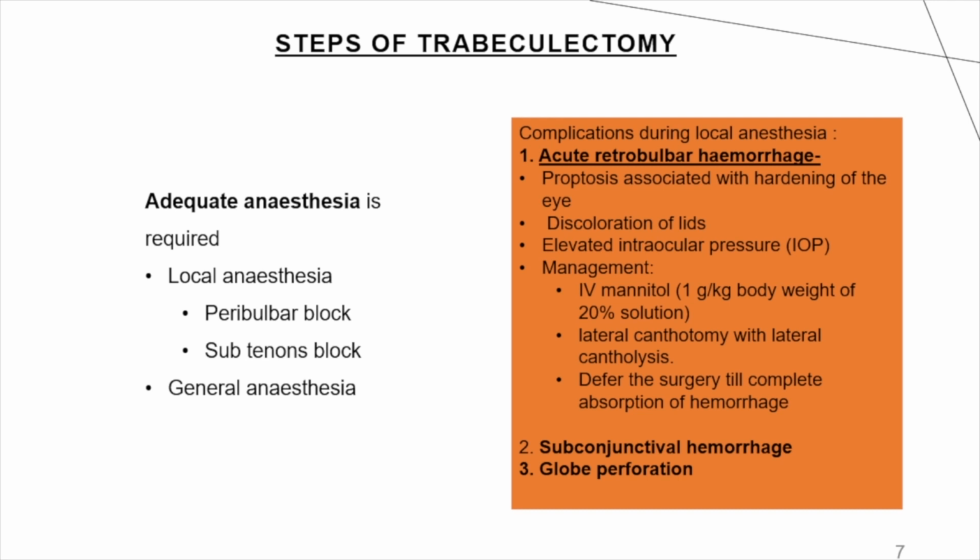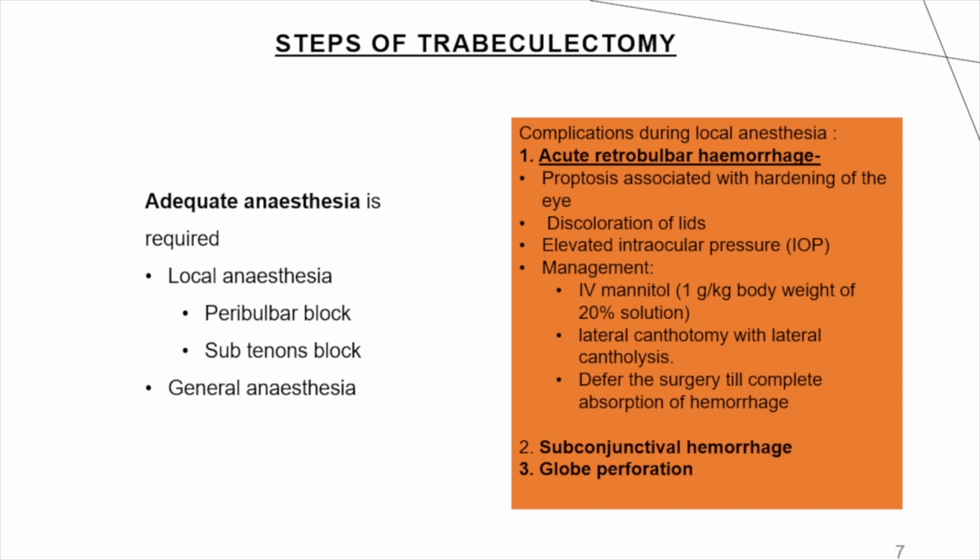Exposure. No, you can ask the patient to look down and perform the surgery. You can put a traction suture. See, when there's an inadequate block and ocular movements and orbicularis oculi movement is there, when the patient is squeezing the eye, there's a risk of a choroidal hemorrhage. So that's the reason why we usually prefer a proper block, a peribulbar block, or at least an inferior block